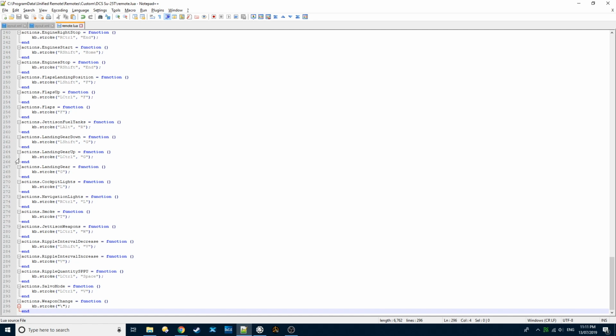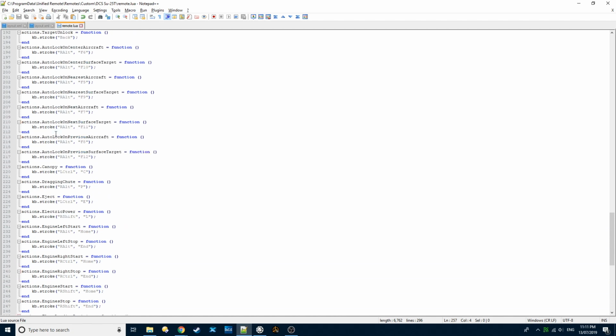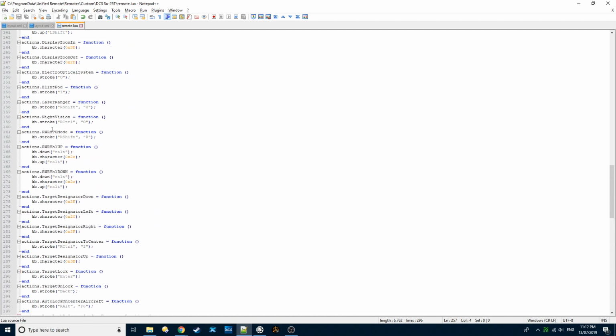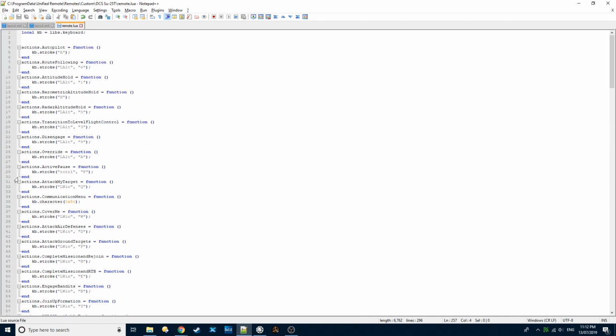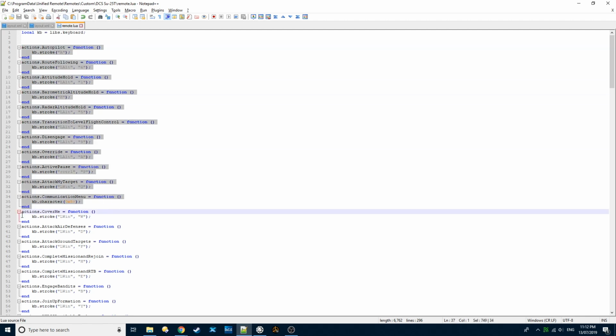If you can't find the problem by scanning the file, then the best way is to go through it systematically and delete half the files, say the top half first, refresh the Unified Remote server. If it's still not there, then it's probably the bottom half. Put back the top, delete the bottom half. When you find which half has the problem, then half that half until eventually you get down to which line is the problem. In this example, I'm going to delete the top half of the code and refresh the server